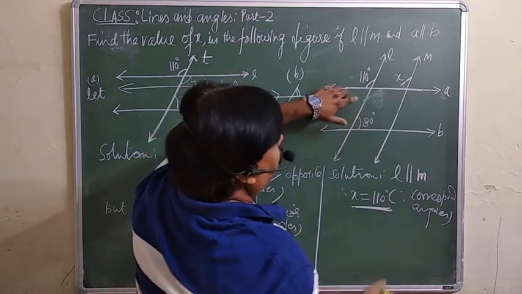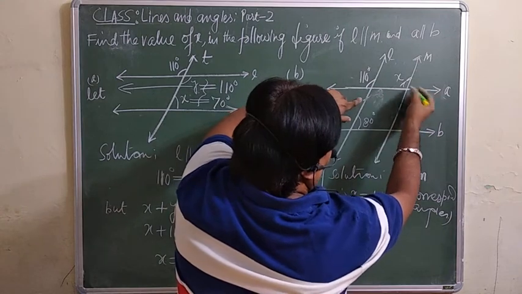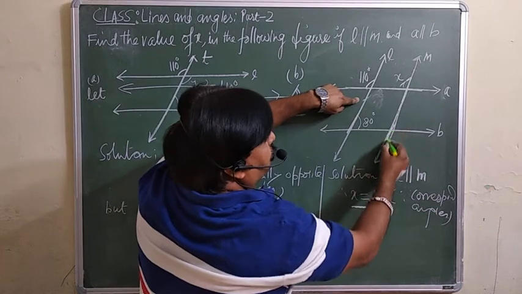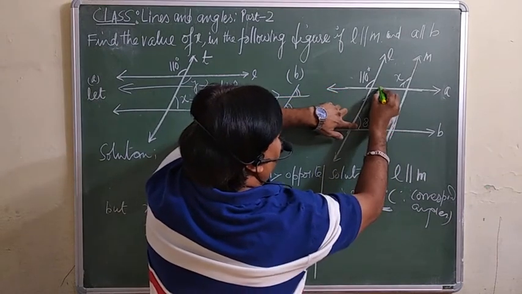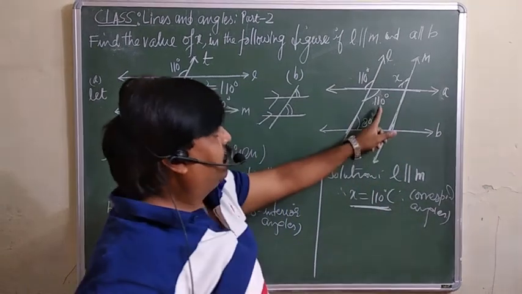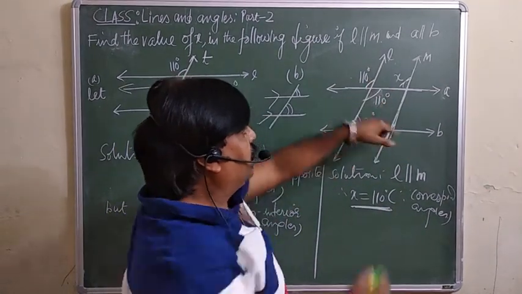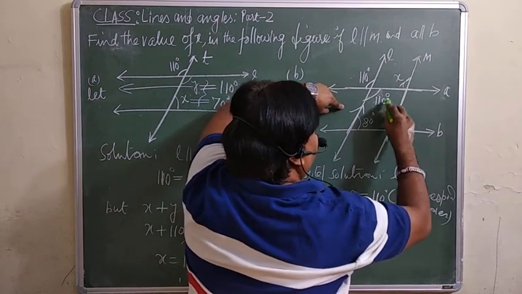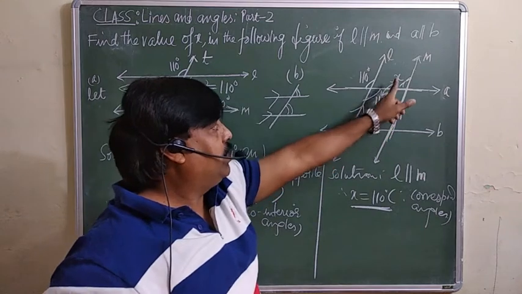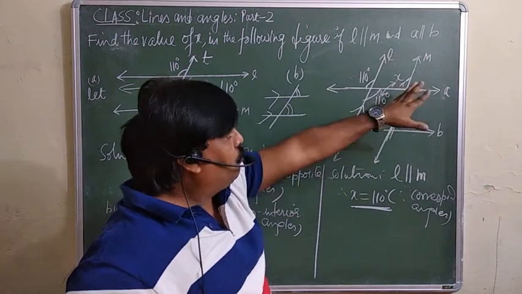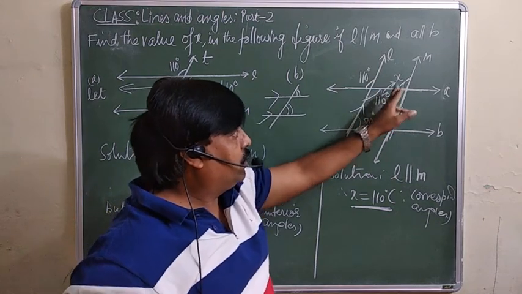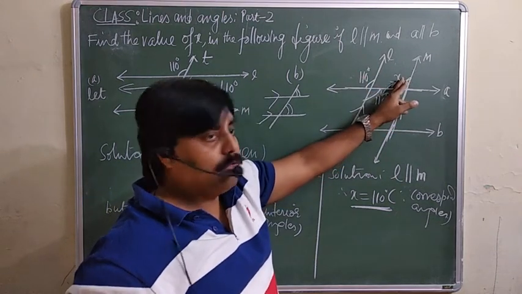Another way is there also. See, this line is parallel to this one. Another way is also you can, this is 80. So what about this one? It will be 110, you can say. This is 110 by the vertical angles, you can say. Now this line is parallel to this one. So you can say this angle 110 is equal to this one also. Then the reason will be alternate interior angles. So anyhow you can do that. You can find out this angle by the vertical, then you can say this is equal to this one, or directly you can say this angle is equal to this one.